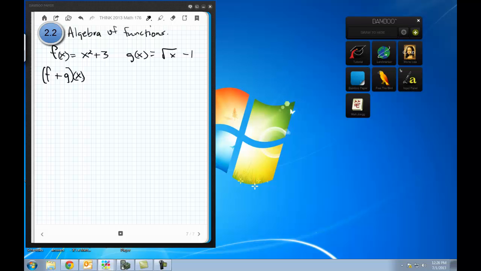Well, that's a notation that may send you screaming for the doors, right? Well, don't be afraid. All that this really means is just a notation for f of x plus g of x. Now, we got to be a little bit careful here, because if you think about this, what is f of x plus g of x? Well, it's easy, right? I just do f of x plus g of x, so I end up with x squared plus root x. I'm just adding them, and then I've got plus 3 minus 1, which is plus 2,